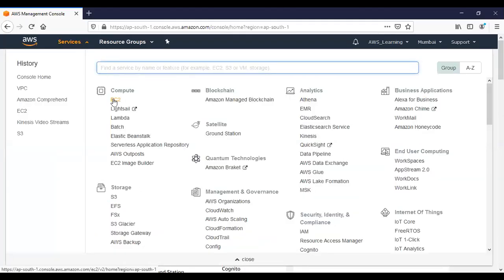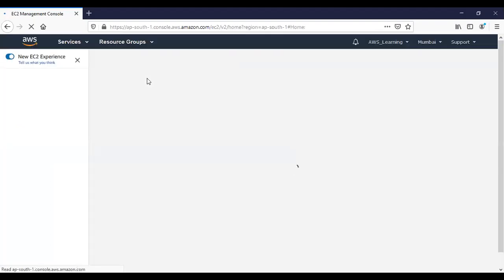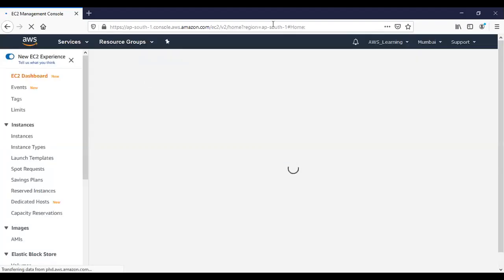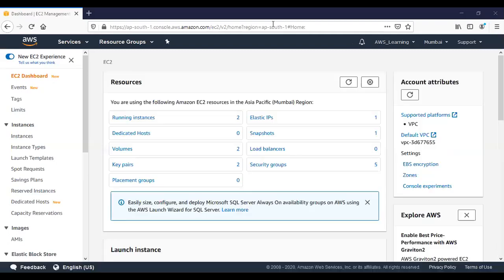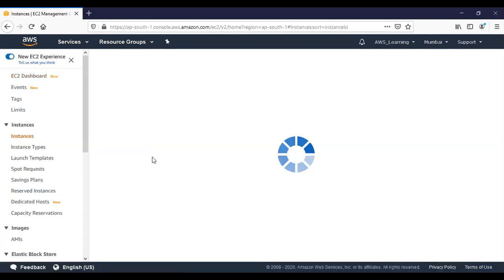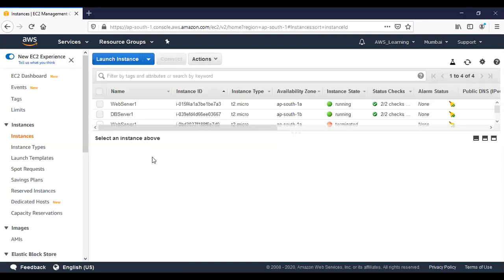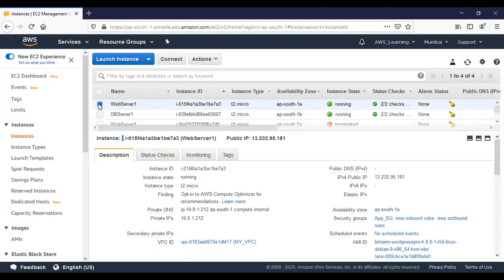I can see if I go to EC2, I can see two running instances, my web server and my DB server. Let's see for my web server.